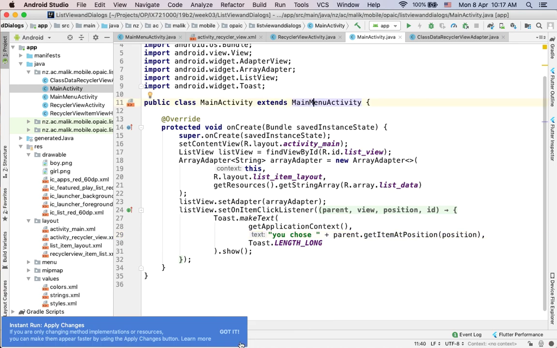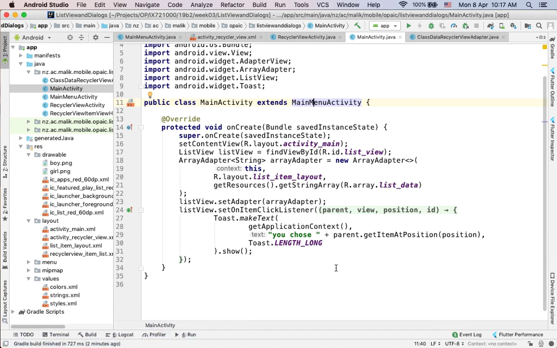What is the problem with that? We will see a little bit later. So that is the end of our demonstration about the list, Recyclerview, and the menu which is applicable on the multiple activities. Fine. So let me stop my